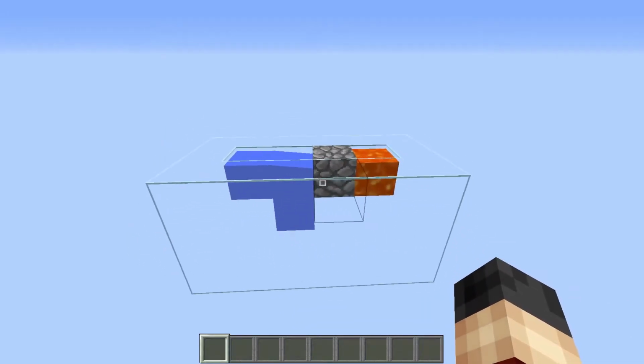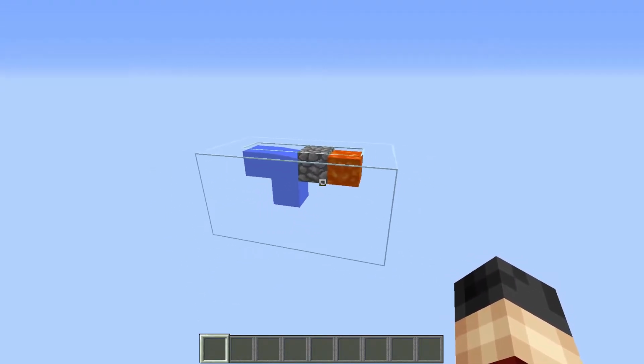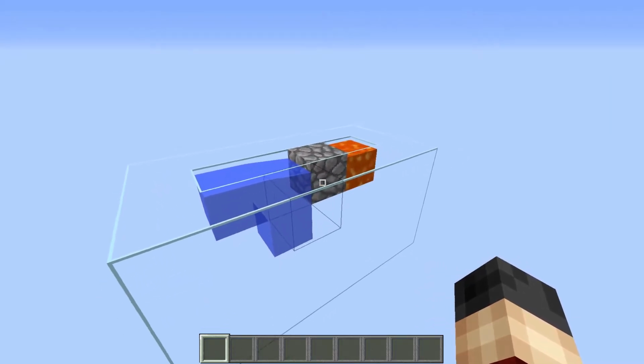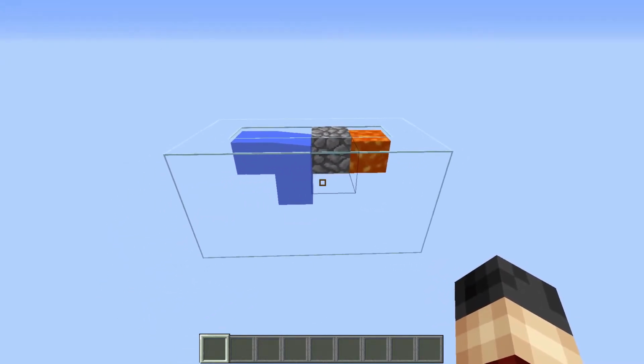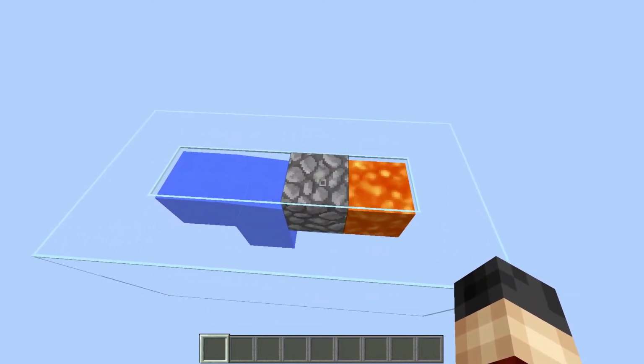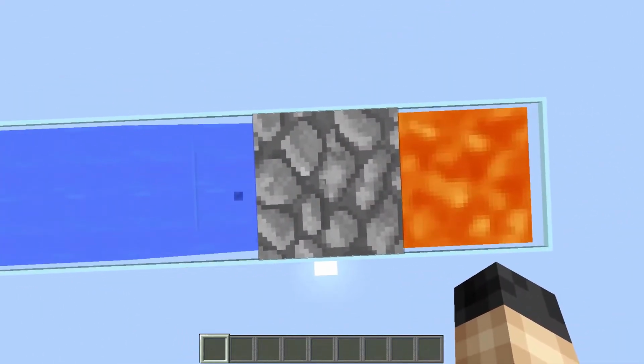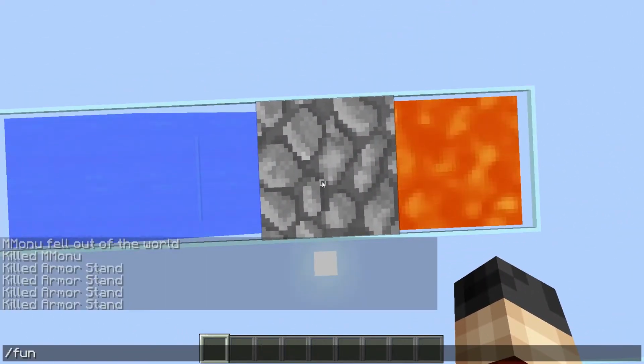For the next function, I've already set up a cobblestone generator that anyone who has ever played Skyblock should probably recognize. And this generator just generates normal cobblestone all day. But if we just use this function very quickly, so just type in /function, then cobblestone, and then start,